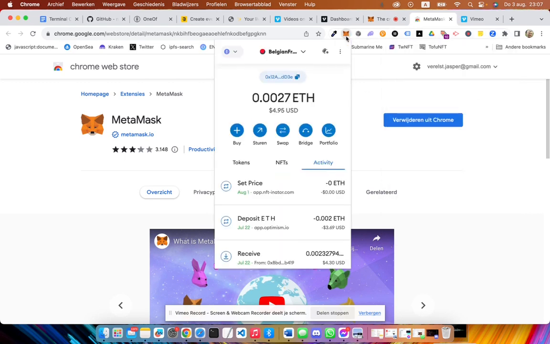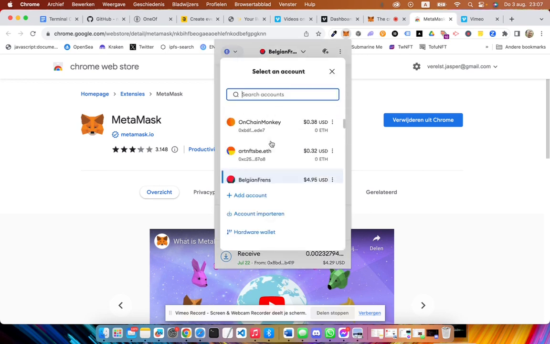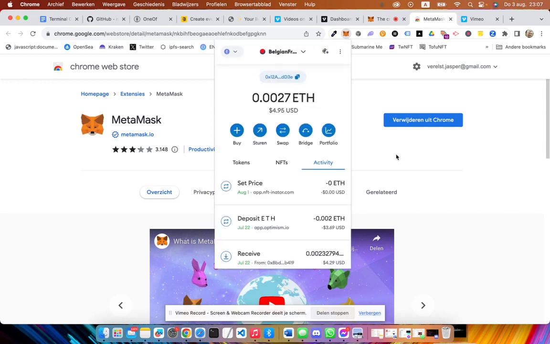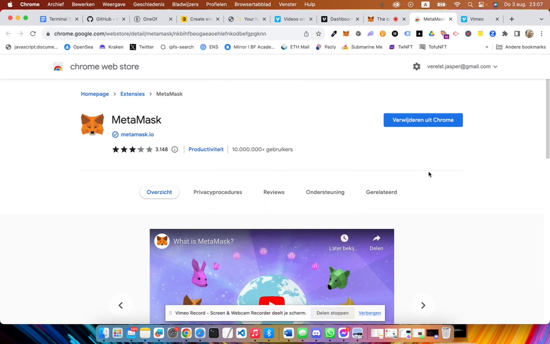And then if you open it, you will see, if you start from the first, I have many accounts here, which I can select, but you will have one account, and that account will have one wallet that's connected to it. So if you're creating your MetaMask, you will immediately have an account and a wallet, right? So that's how you start MetaMask. And I'm going to show you what it does.